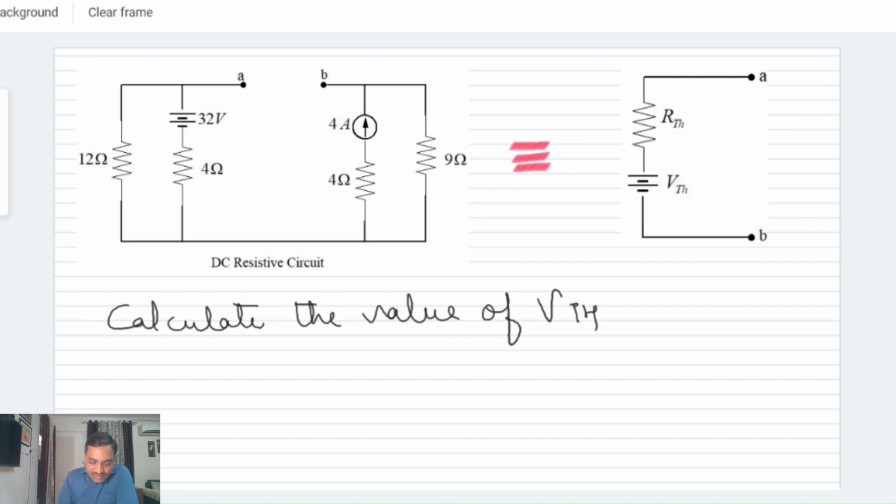VTH is the voltage that will be appearing across the open terminals A and B. So to determine the voltage across A and B, we must know the values of the currents that will be flowing through the resistors. So let us determine the current first that will be flowing through the resistors of this